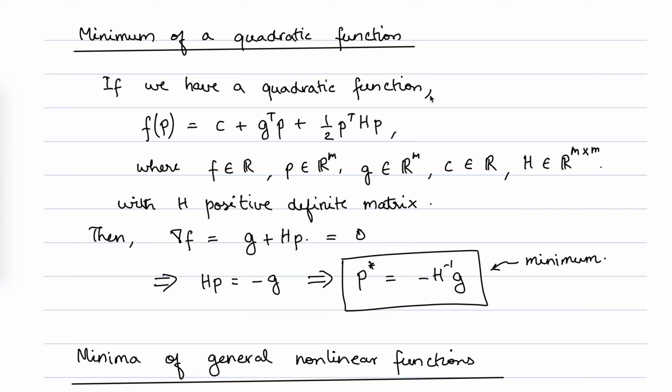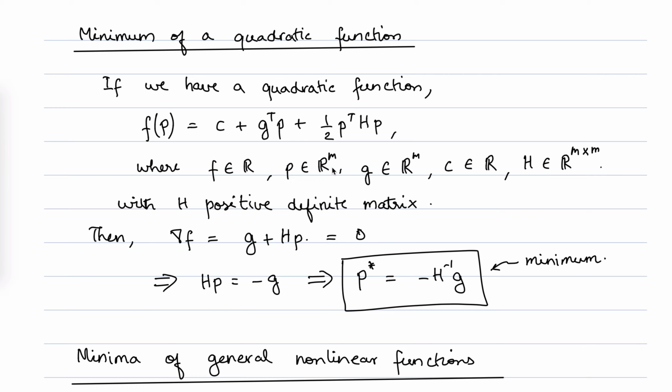So if you have a quadratic function in m dimensions, where this is a general quadratic function in m dimensions with some constant c plus g transpose p plus half p transpose Hp. Okay, so this is the general form for the quadratic function. Of course, g is not necessarily the gradient at any point. This g is actually the gradient at p equal to 0. In any case, this is a general form for a quadratic function in m dimensions, where f itself is